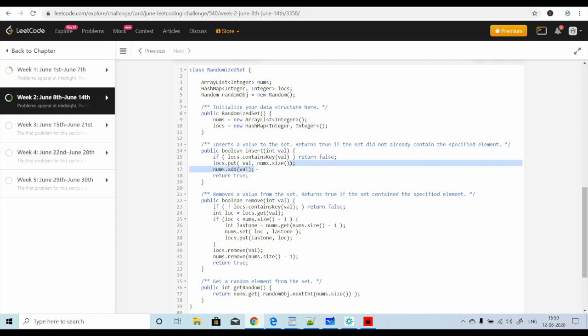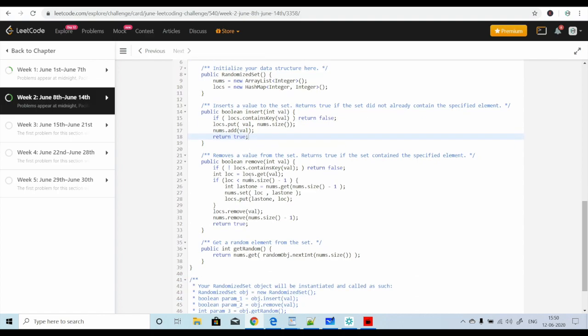What numbers.size will give us is the current position of the element that we are inserting, and then we insert that number into the array. Because our array list starts from index 0, we first assign an index and then we add that number and return true. Okay, so that's the implementation of the insert method.